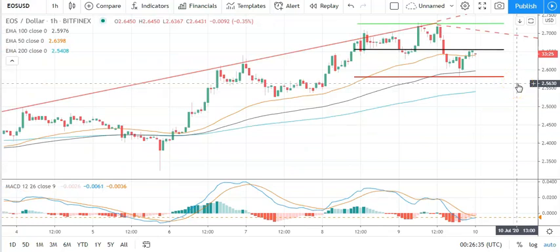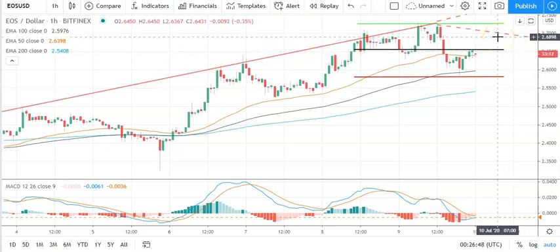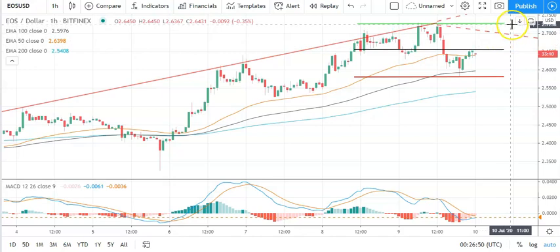Moving across to EOS against the dollar and the hourly candlestick, slightly bearish start to the day. Going to need to see EOS move through the pivot at 65.50 to support a run at that first major resistance level sitting at 72.68. Going to need support from the broader market for EOS to break back through to